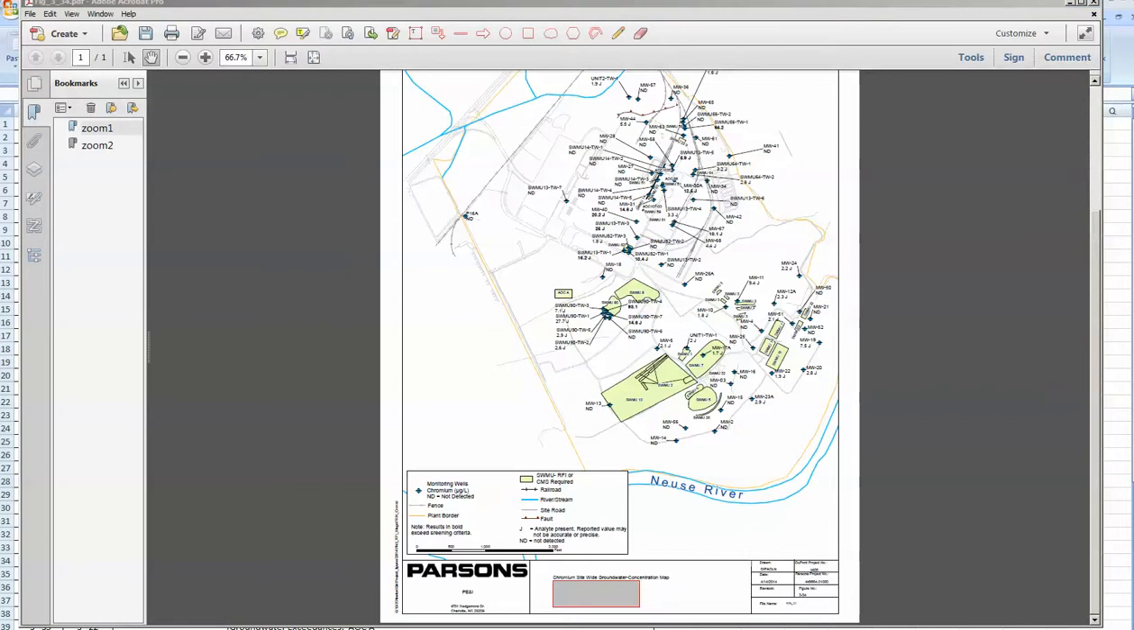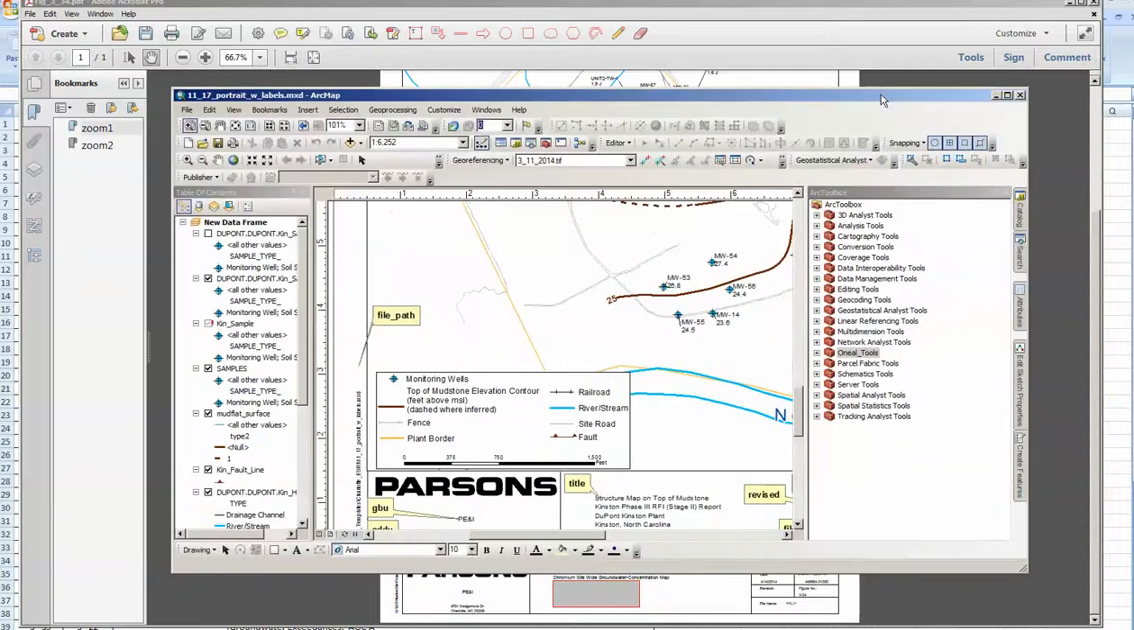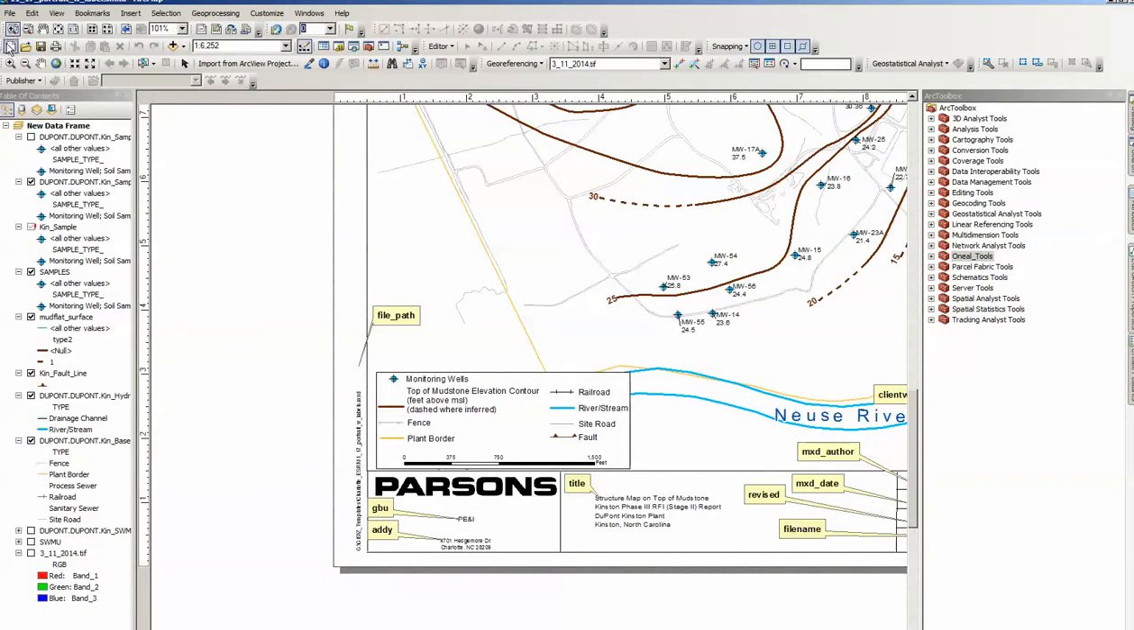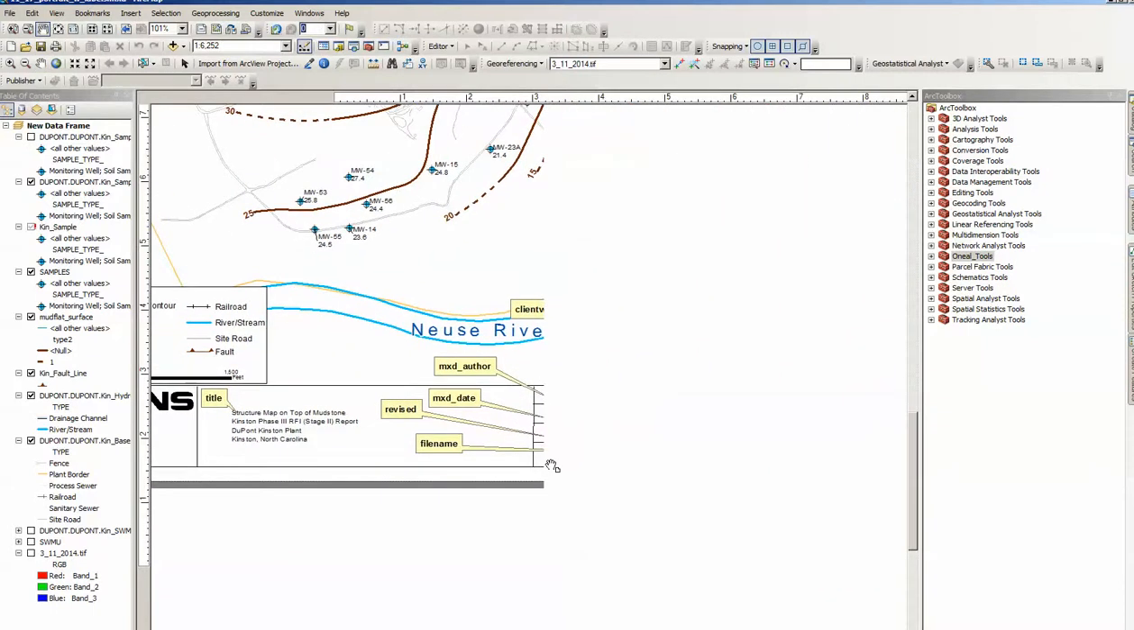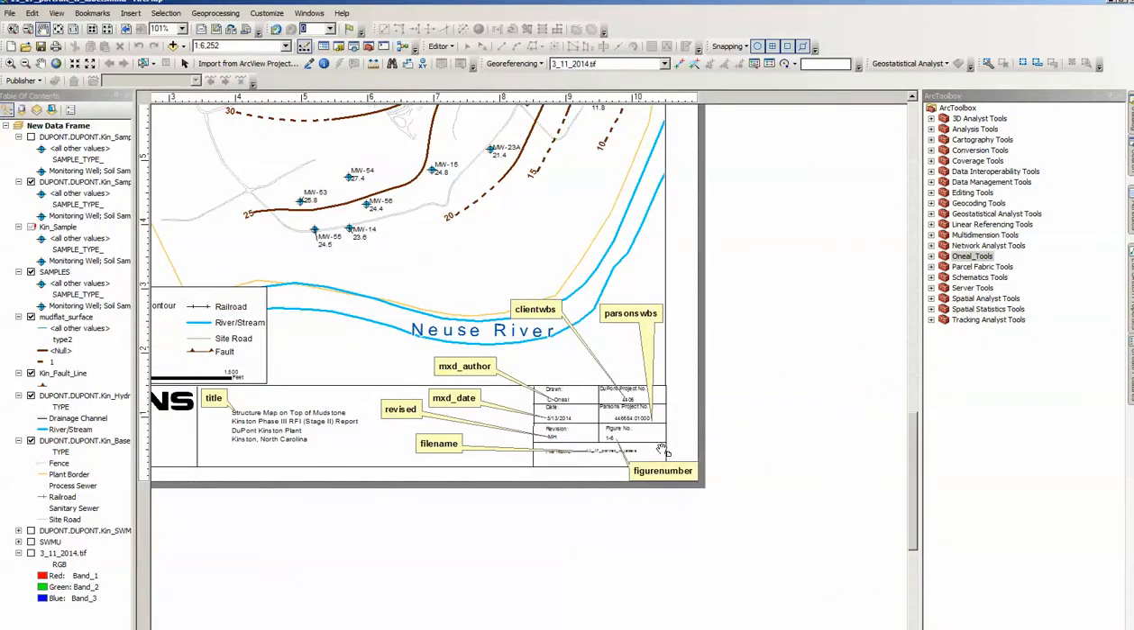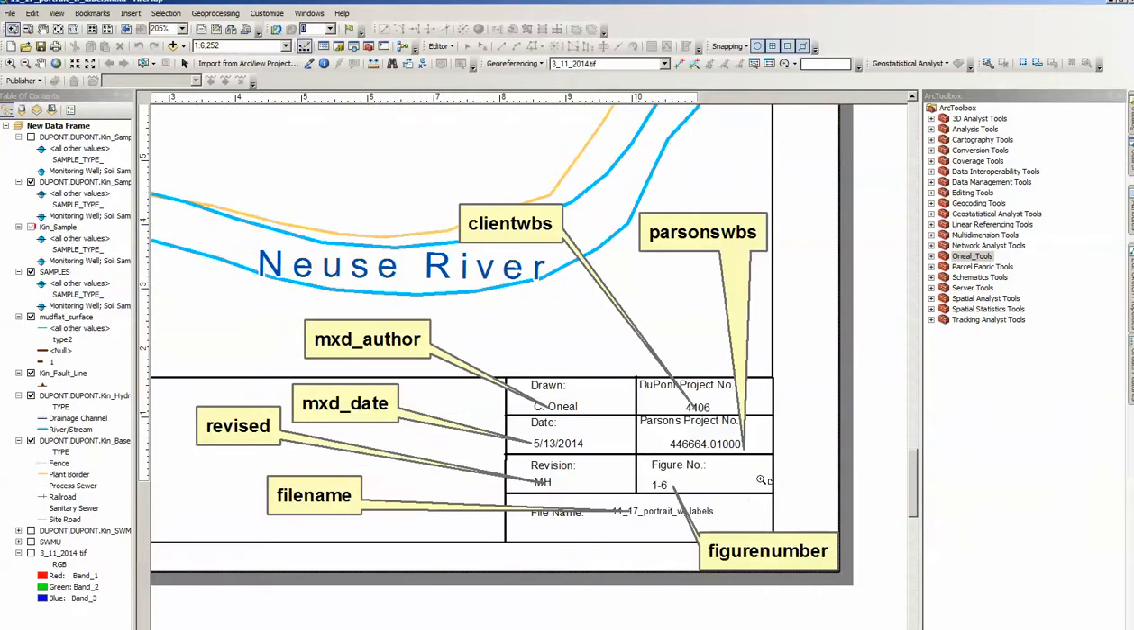These text elements can be things like a figure title, every little piece of text here, a file path, the author, figure number, client billing numbers, the Parsons billing numbers. Each one of these things usually, at some point during the figure production, ends up getting changed, and many times the changes for these are requested